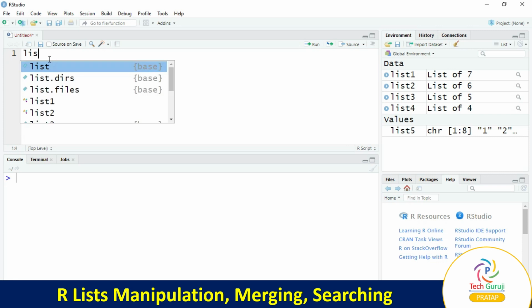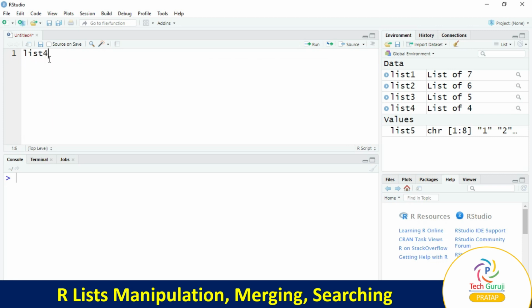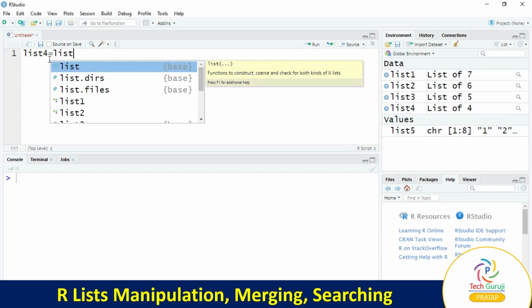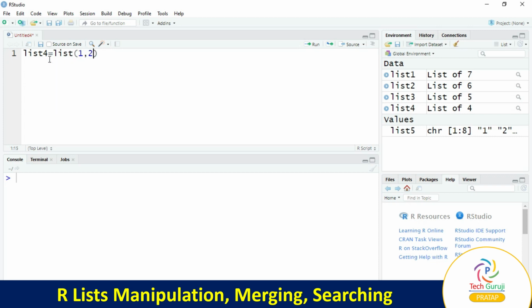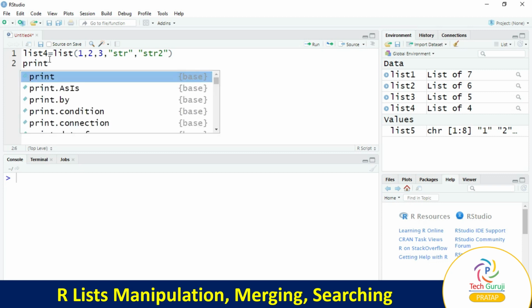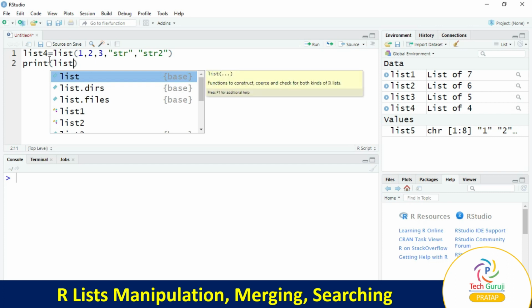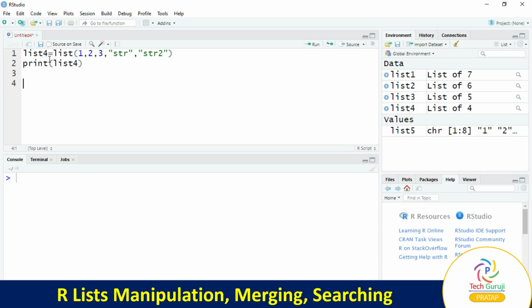Next, we can find out a specific element from the list. For that purpose, we'll take another list. So list4 is equal to the list function into the bracket 1, 2, 3, str1, str2. So we take the 5 elements. What we have to do is find out a specific element from the list. So we'll just print the list first, and then we'll find out the element.